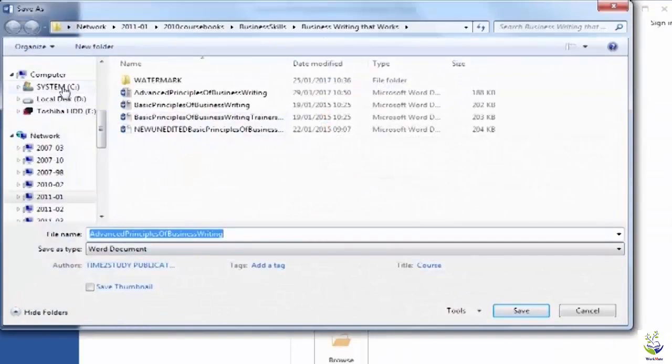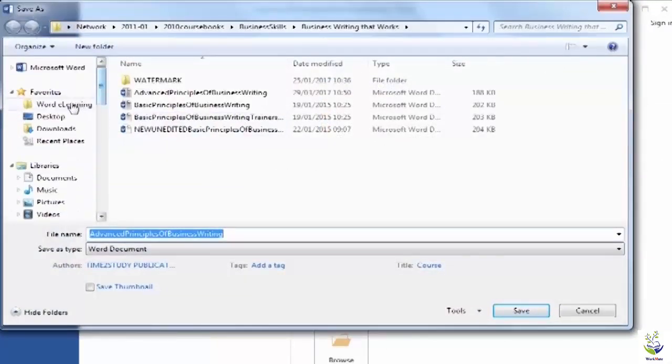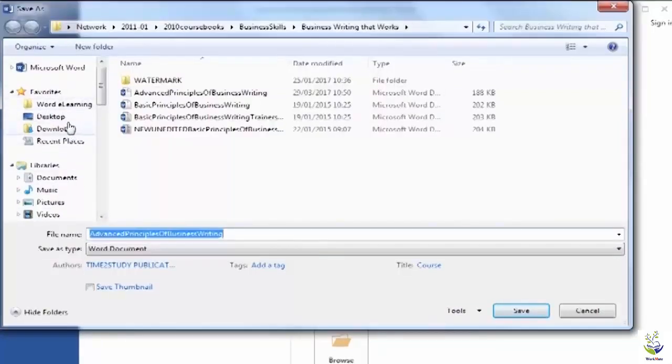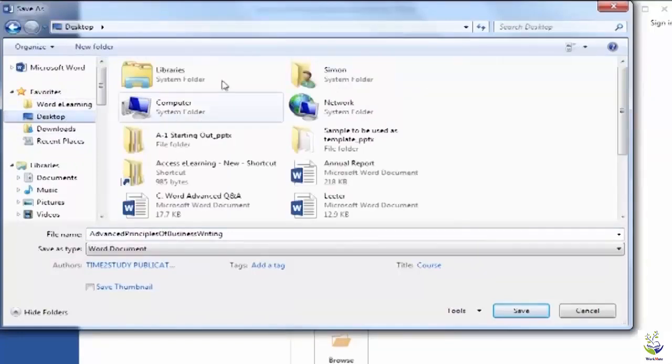So what I think I'll do, I'll keep things simple and I'll pop it onto my desktop. Now I'm using Windows 7 here. Principle's the same with Windows 8, Windows 10. It's going to bring up your Save As dialog. You've got your favourites on the left hand side. I'm going to pop onto the desktop there, and actually what I want to do is start working with a